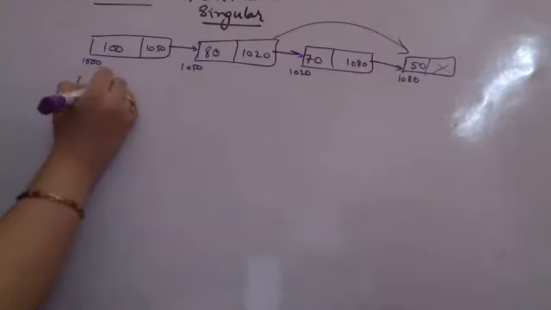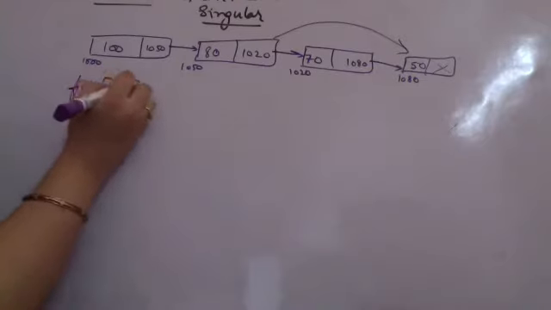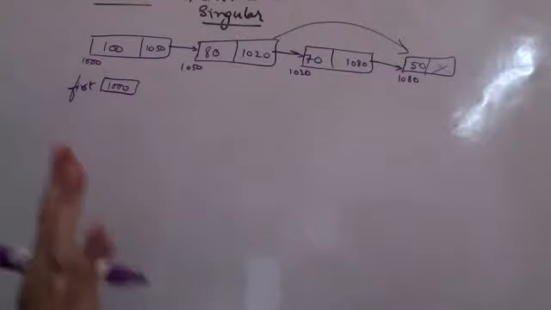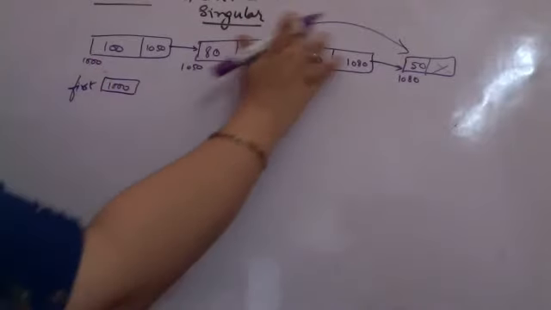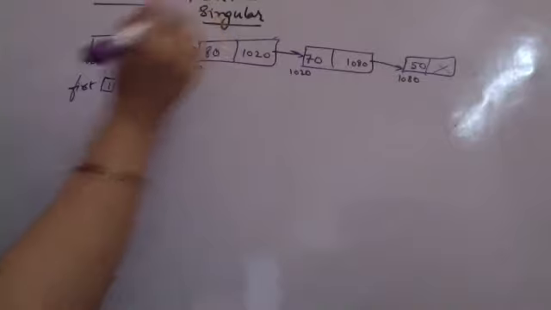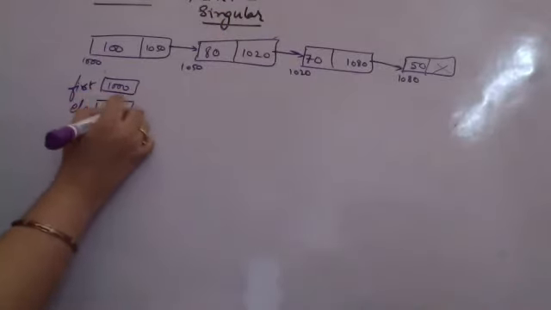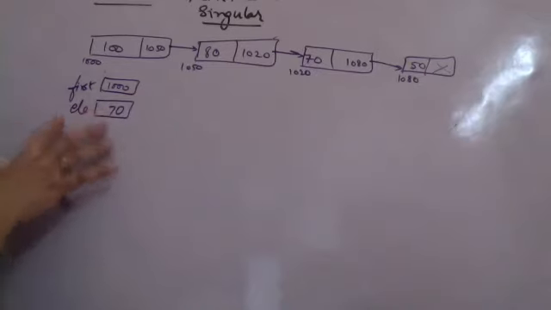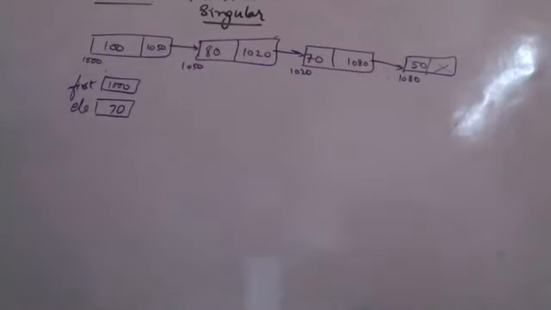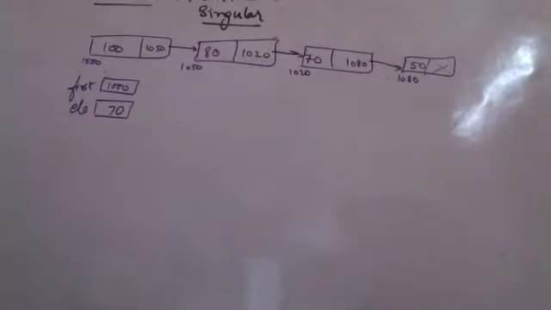Here again, first has a value 1000. It is saving the address of the first node. That is all we have about the linked list. And the other thing we have with us is an element having the value 70 that is to be deleted. That is all we know as of now. So let us write a code so that we can delete an element from the singly linked list.